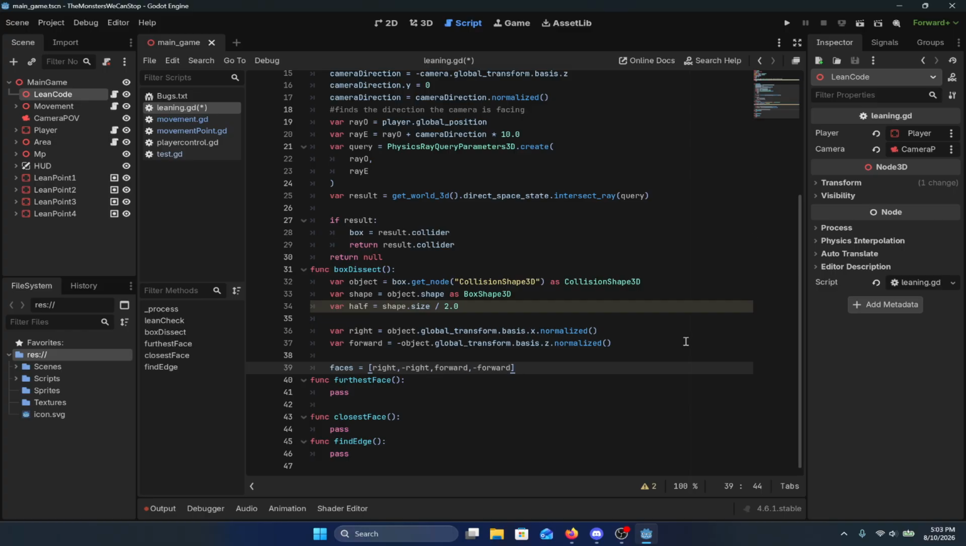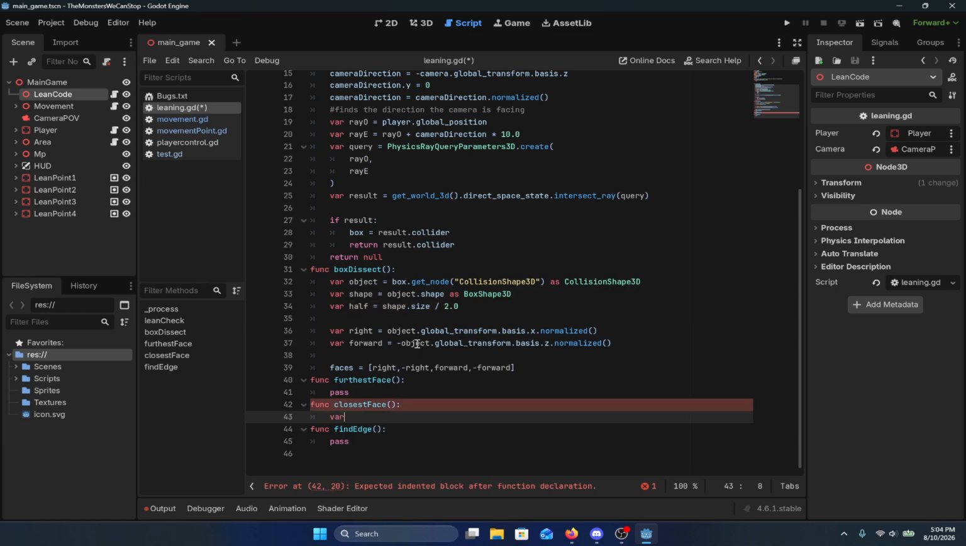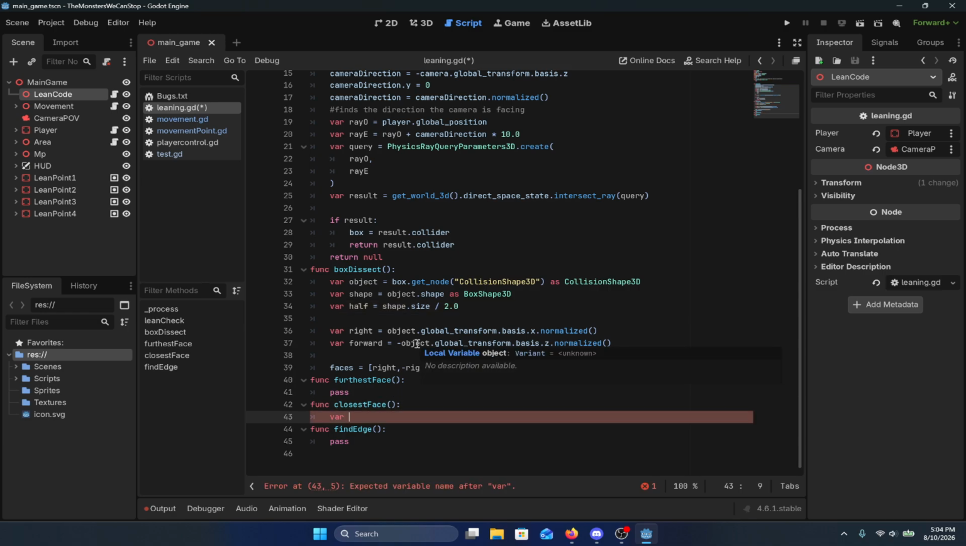Perfect. So that dissects the box, and now I can keep it going. Okay. I'm going to start with the closest face. That seems like the easiest one. So the closest to the player is